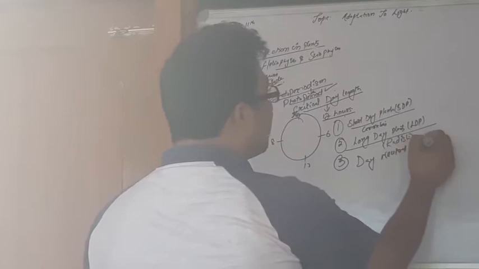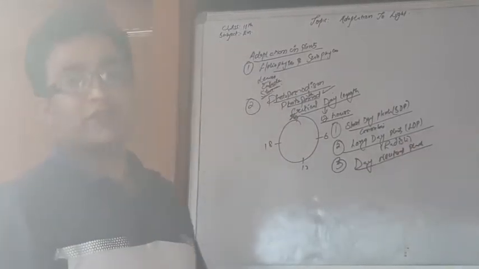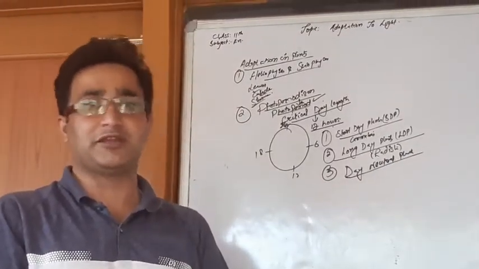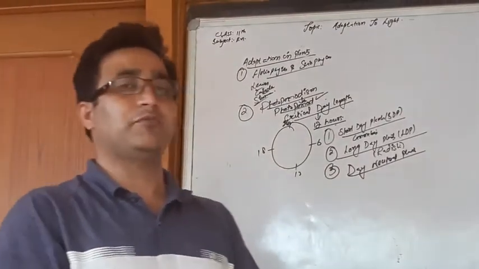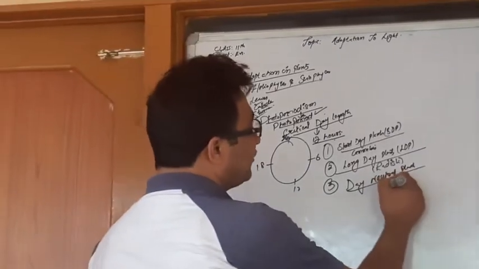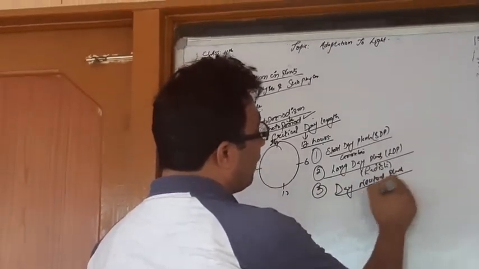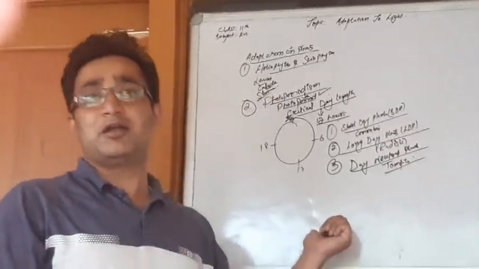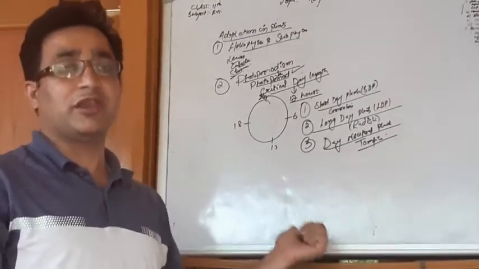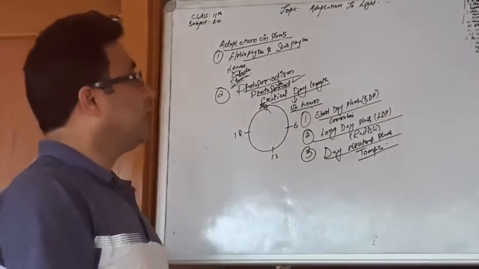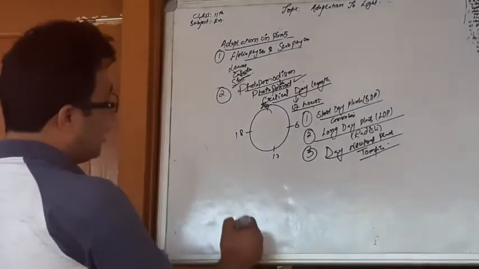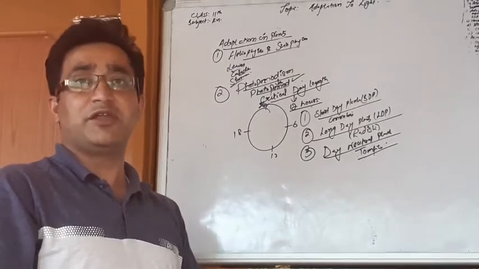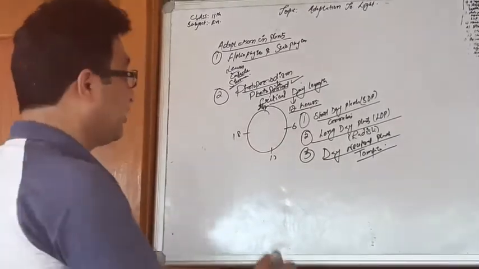day neutral plants, these are those plants where the length of photoperiods has no impact upon the flowering at all। इसमें हम टमाटो की एग्जांपल दे सकते हैं। तो this is regarding the photoperiodism which is shown by the plants towards the light stimulus। तो इसी तरह एक और phenomena that is prevalent in the plants on the basis of their response towards the light, that is plant movements।